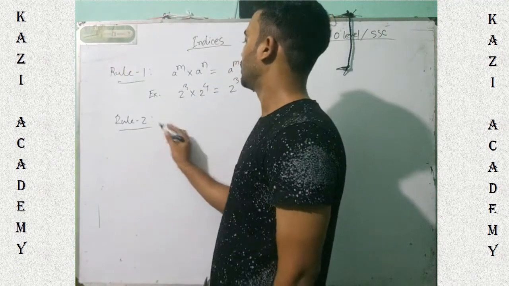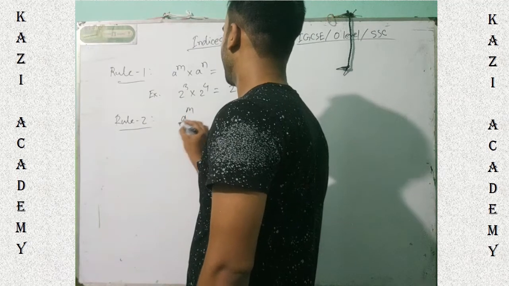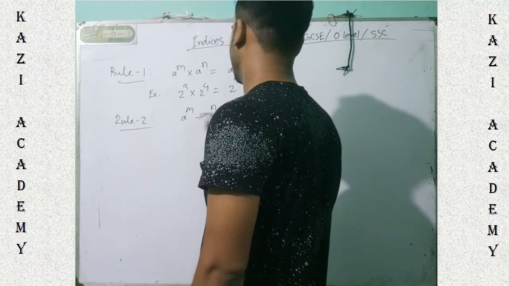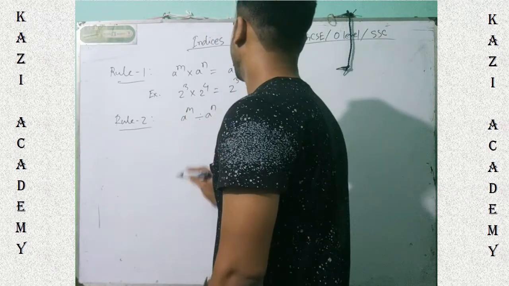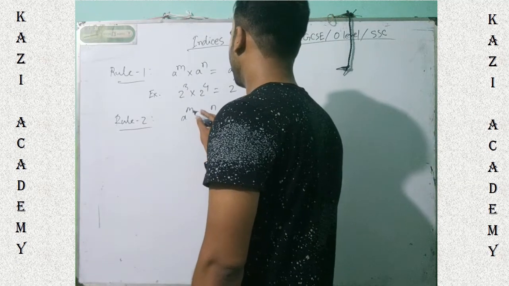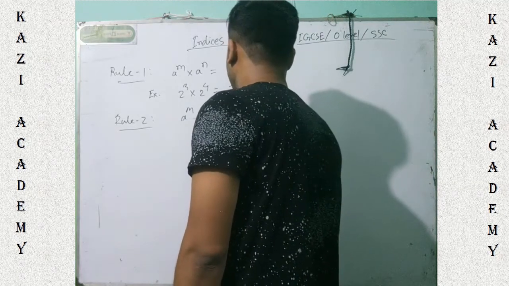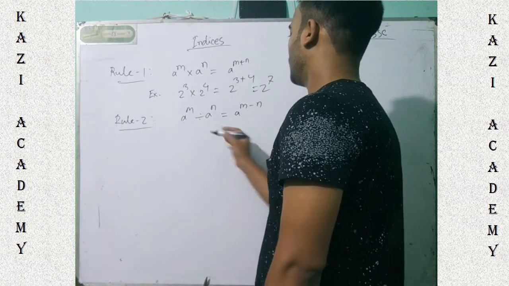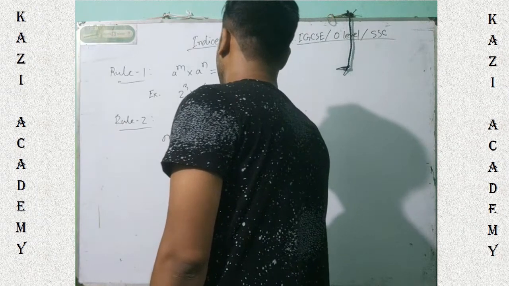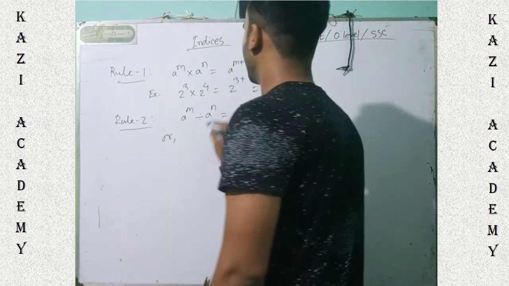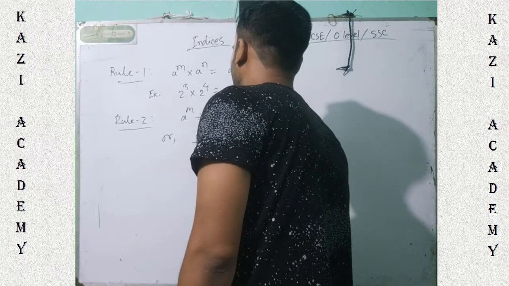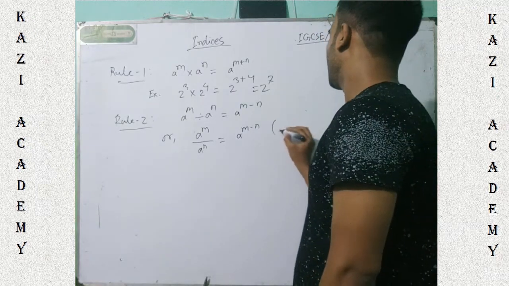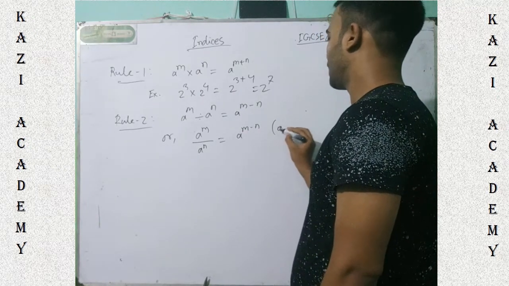Then rule number 2. Rule 2 says a to the power m divided by a to the power n. So we have a common base here, different powers m and n. So basically we can write a to the power m minus n. Or if you write a to the power m divided by a to the power n equals a to the power m minus n, when